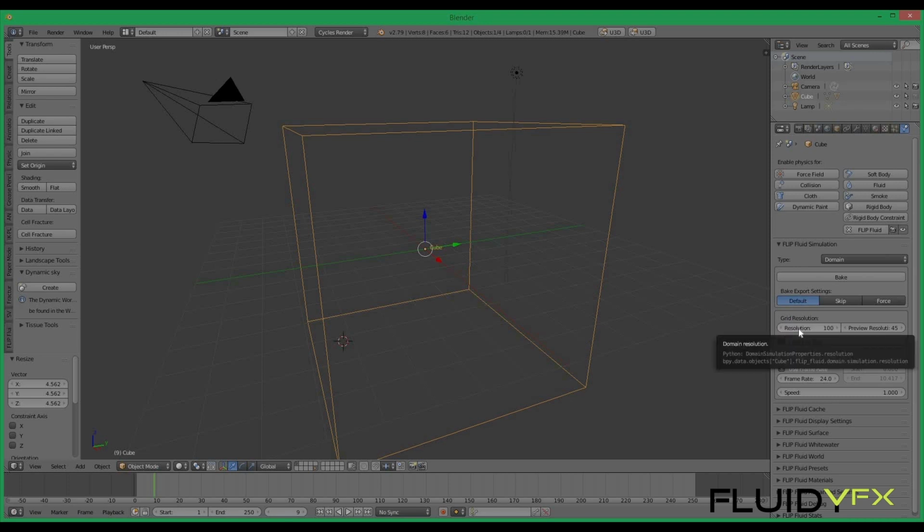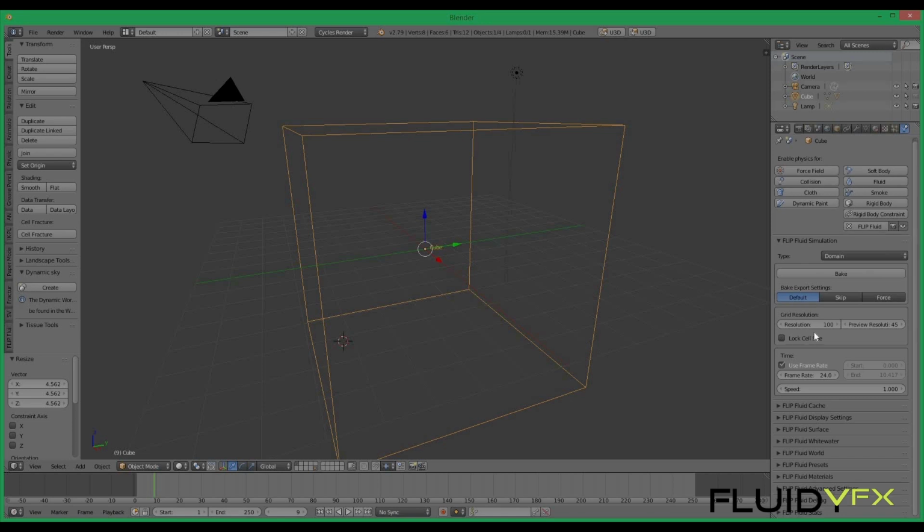The higher the resolution, the higher quality fluid will be generated. For commercial productions you may keep it at 500 to 1000, but I think it's a very heavy simulation for computers. So I will preview around 100,